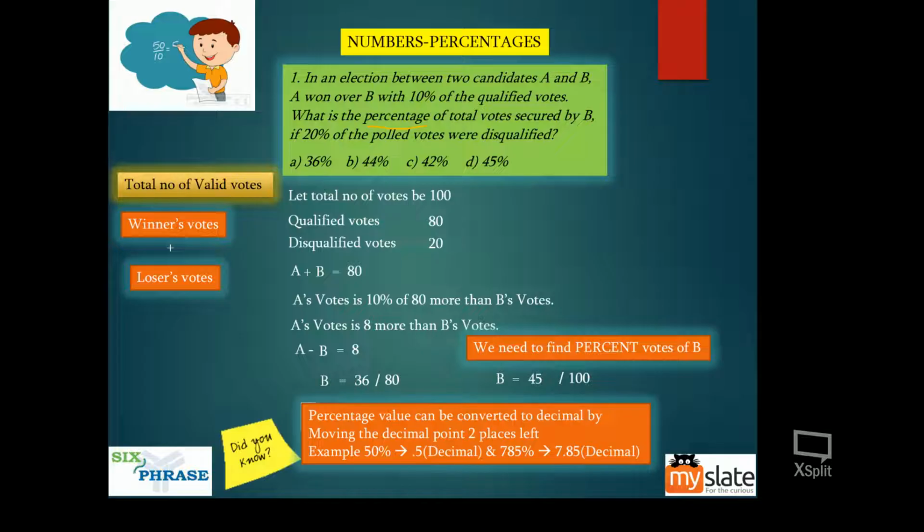How do you find, guys? If it is 80 for 36, that is, if the total number of votes is 80, it is 36 votes. Then for percent, which means per 100, for 100 you have to find how much. So you just cross multiply, you get the answer, which is 45.